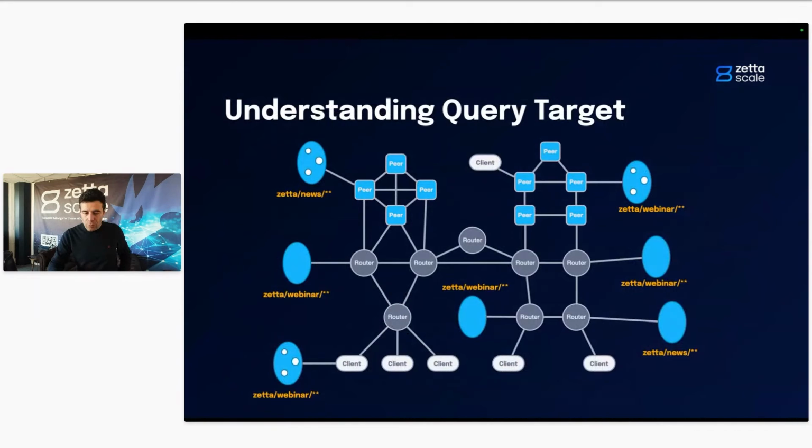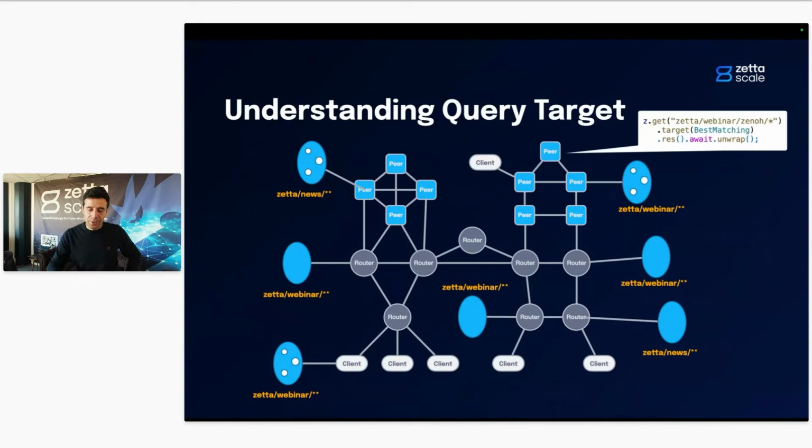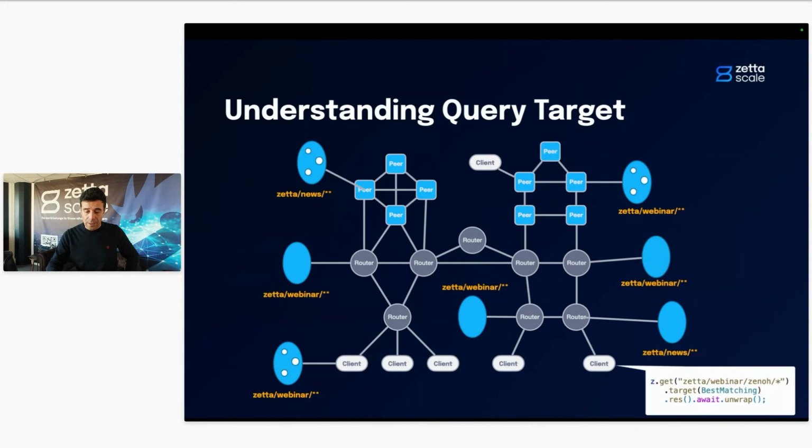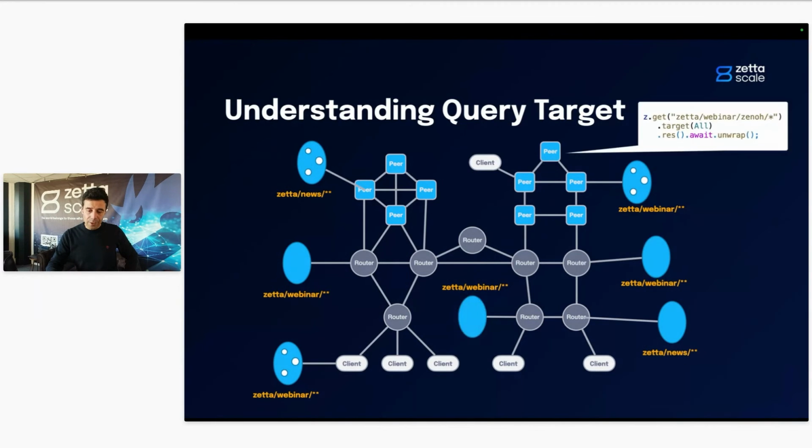So let's see how this works with an example. Imagine that here I'm doing a get on zeno/webinar/star, and I'm asking for best matching. In this case, it will hit that one. Why? Because it's the one with the biggest intersection. And if I do it from here, probably it will pick that one. Then if I do all, then all the matching